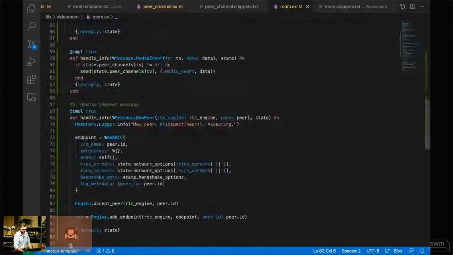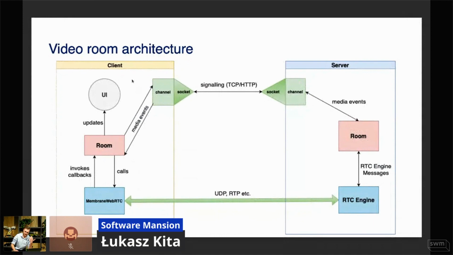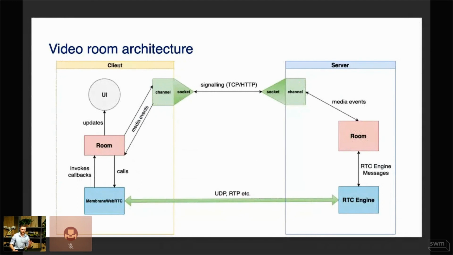But maybe it will be easier if I refer to the scheme once again. As I said before, the place where we hold the business logic is the room process. The idea is that once the client requests to join, the media event is sent from the Membrane WebRTC, and of course it's transported via the socket to the server side. We do not open that message anywhere here. We are simply feeding the RTC engine with that message. And the RTC engine sends the room process a message,